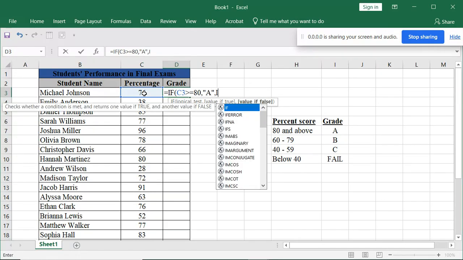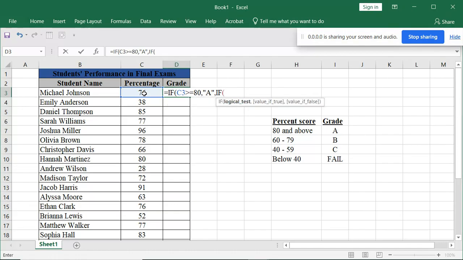comma, another if, parenthesis, the same cell C3, greater than or equals to 60, comma, and that's grade B. Next, the if statement, parenthesis, same cell C3, greater than or equals to 40, comma, that's grade C,